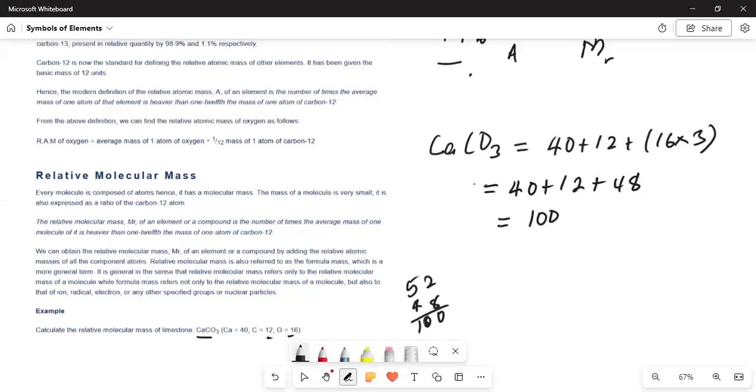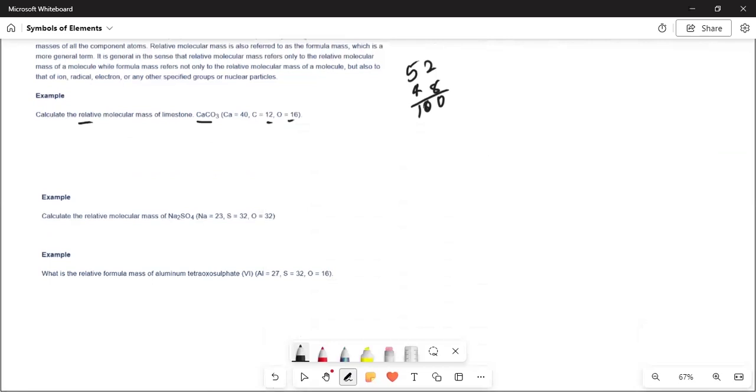And recall that we say anything relative does not have a unit. So just write the value. There is no unit. The next example says calculate the relative molecular mass of sodium tetraoxosulfate 6, given that sodium is 23, sulfur is 32, and oxygen is 16. This is a typo. Let me correct it. Okay, so sodium tetraoxosulfate 6 is